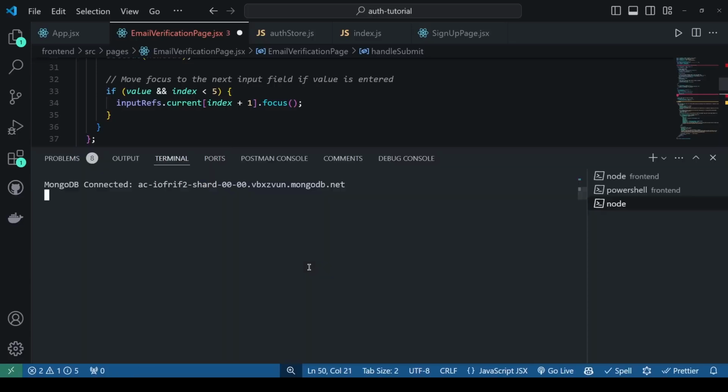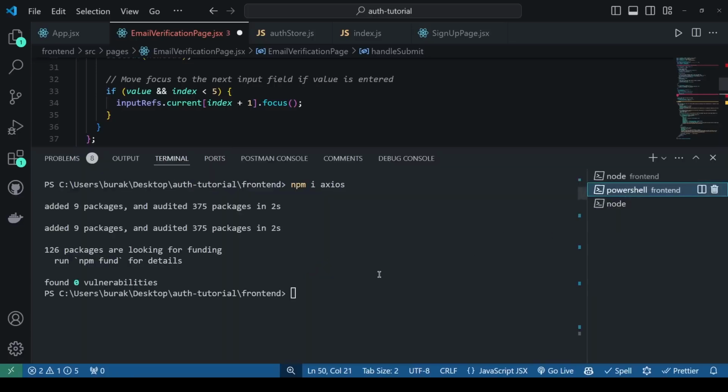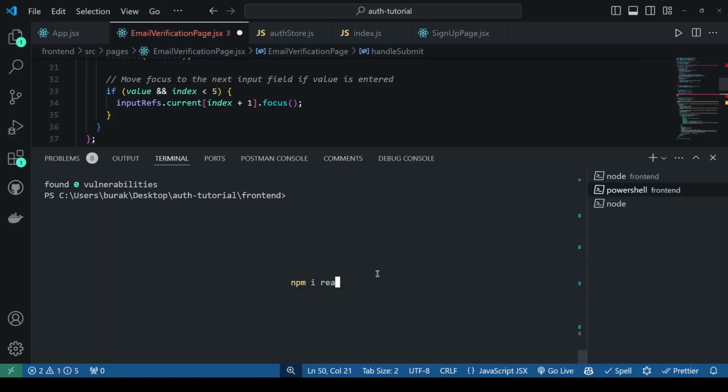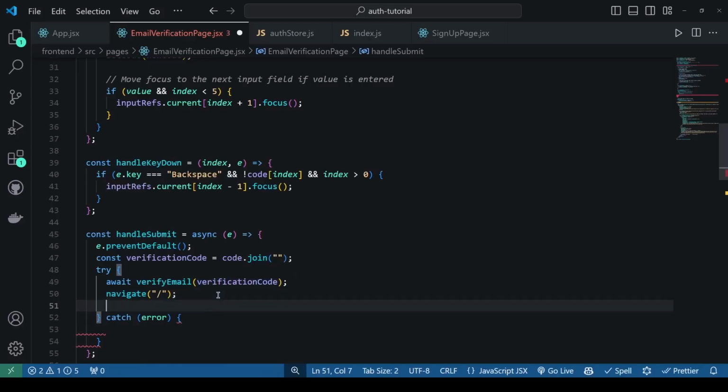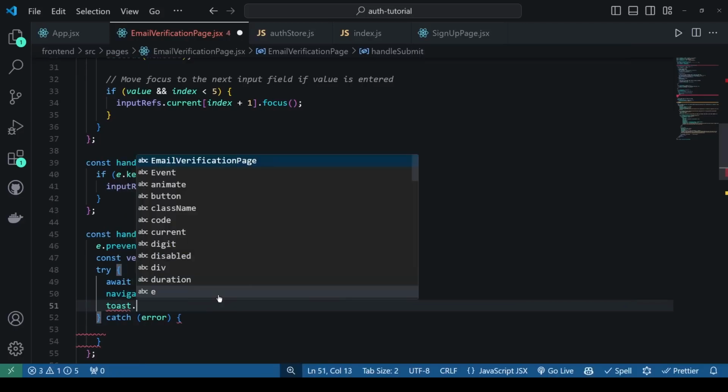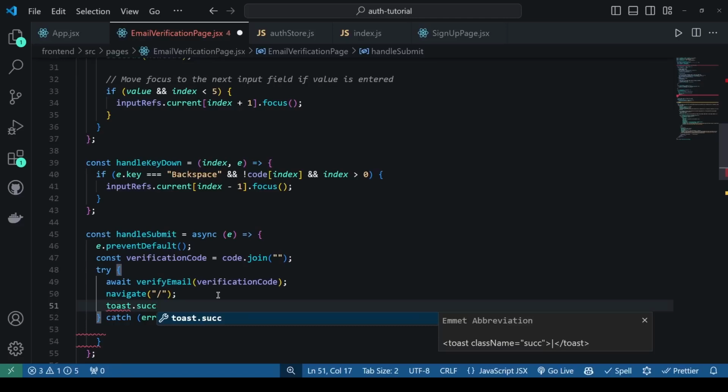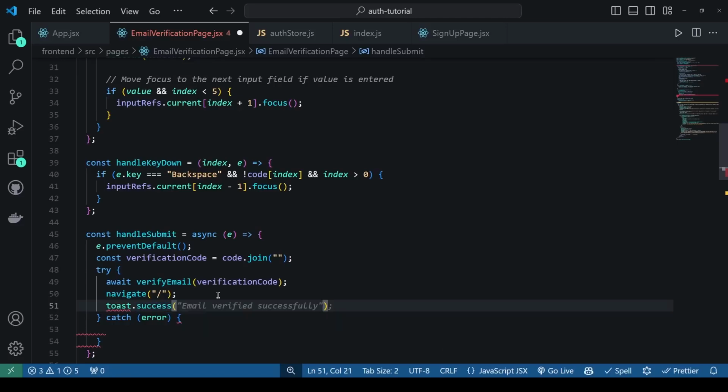So I'll just go ahead and open up a terminal. Under the frontend, I'll say npm install react-hot-toast. This is the package that we'll be using. So here we can just say toast.success, and I'll say email verified successfully. Now to be able to make this